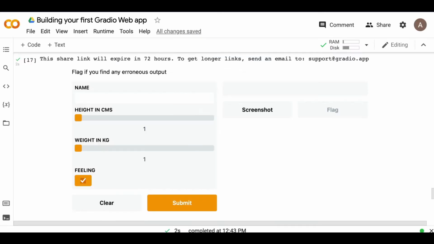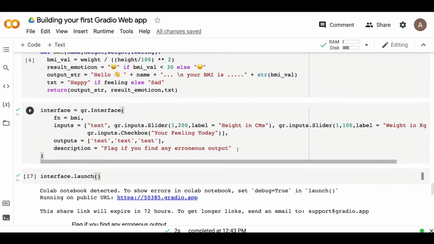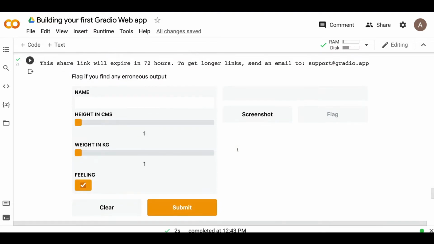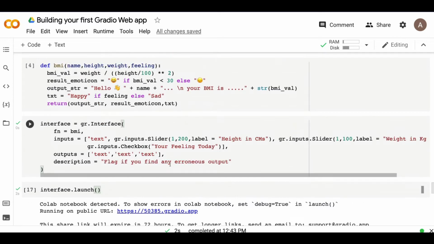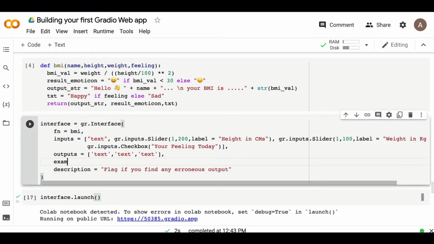In a very similar user experience principle, Gradio also has something called examples, and I'm going to show you how to do examples in this section right now. So let's start with examples, and examples are quite easy. For all the inputs, you are going to give an example value. So I'm going to come here and, after outputs, say examples.